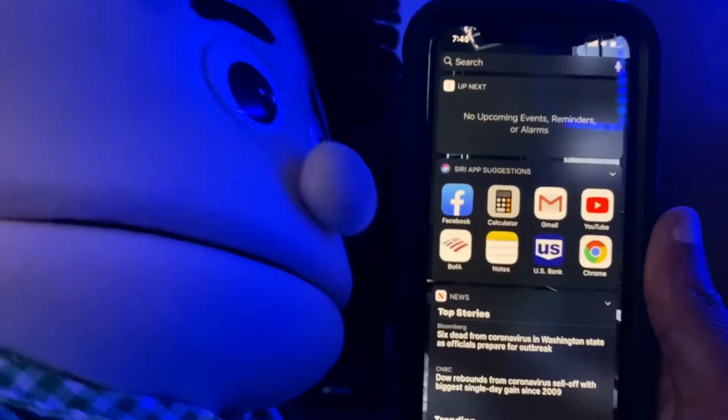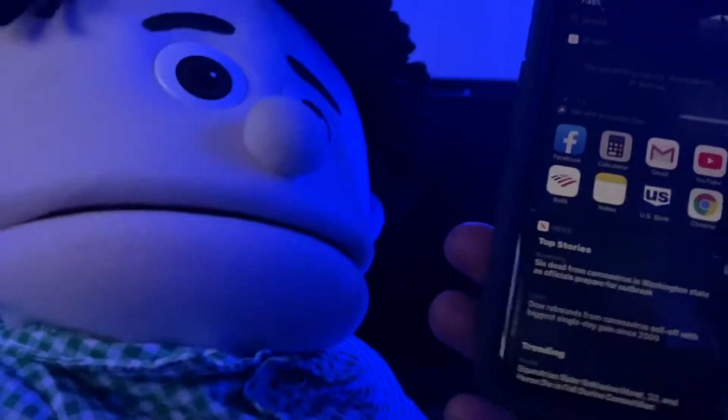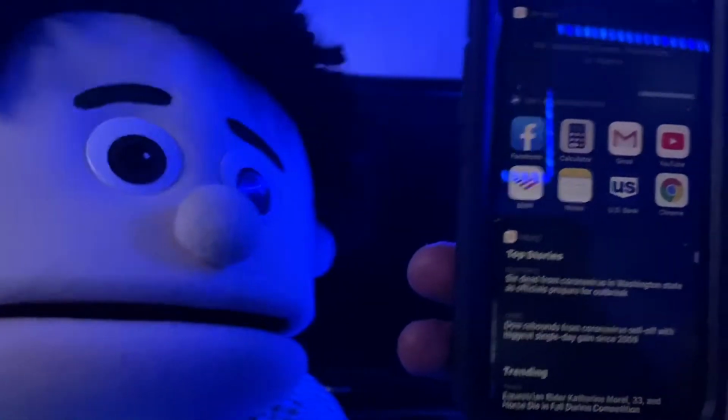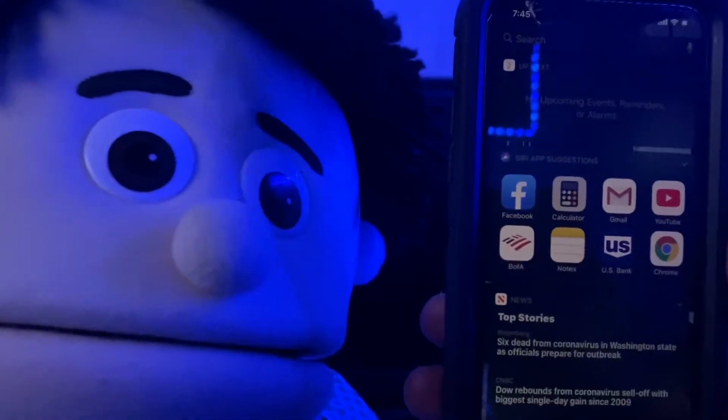Now, as you guys can see, I am on the iPhone 11 Pro, but you should be able to do this on any mobile device. I'll probably make another video showing y'all how to do it on the desktop, but I want to do it on the iPhone today. So just follow everything I do in this video step by step, and you will be able to delete your Facebook account in no time.